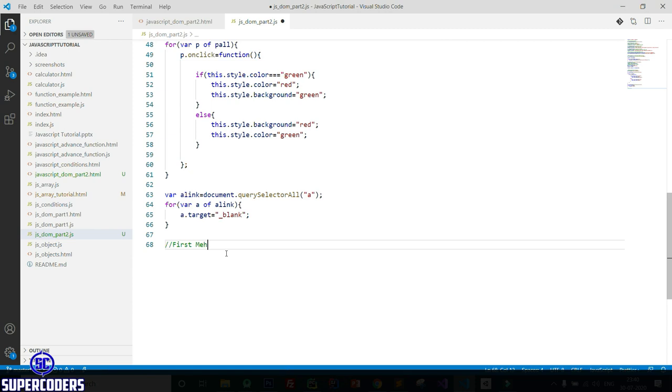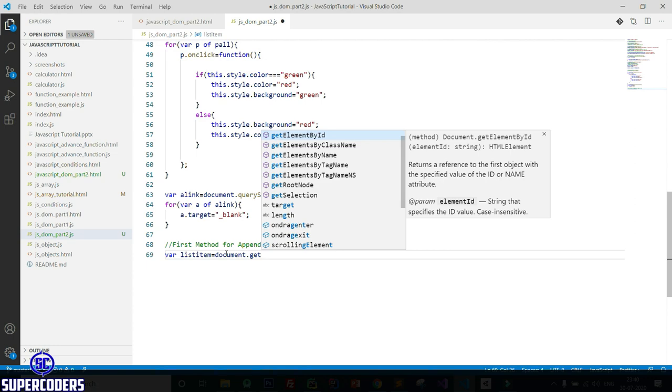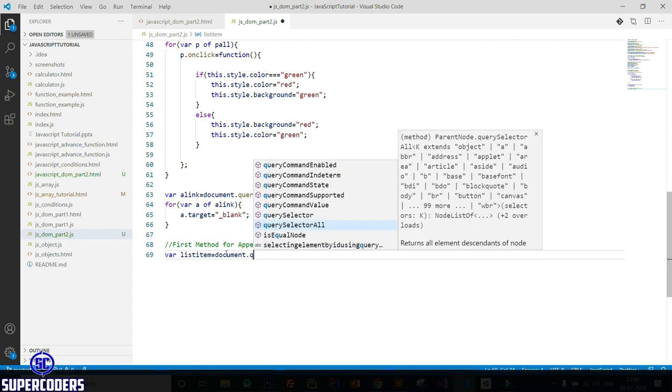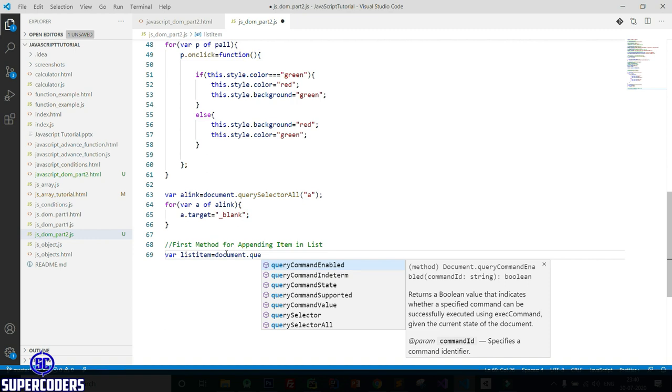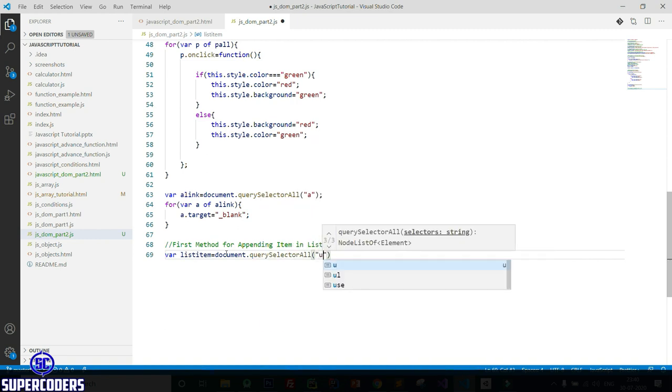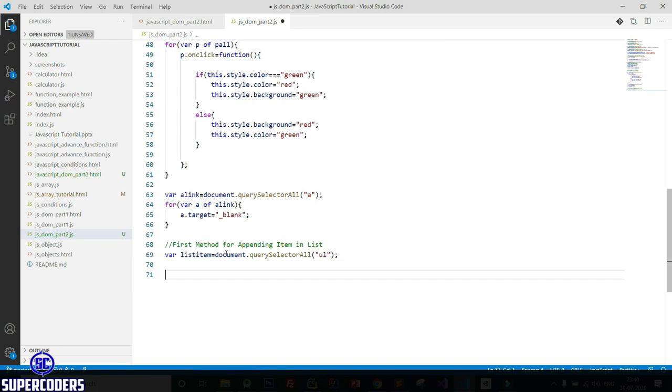First method for appending an item in a list. So first, let list item equal to document dot querySelectorAll ul, then for li of list item.